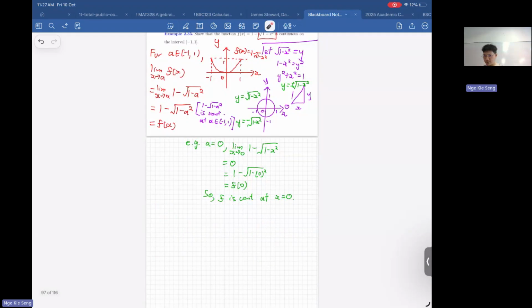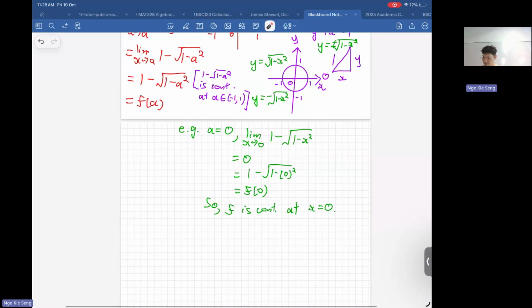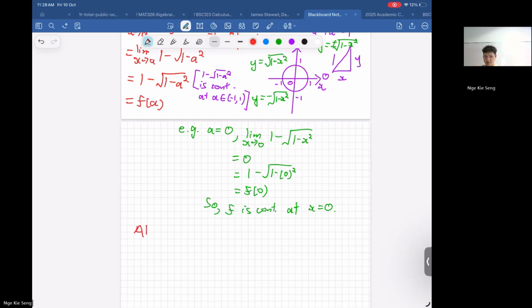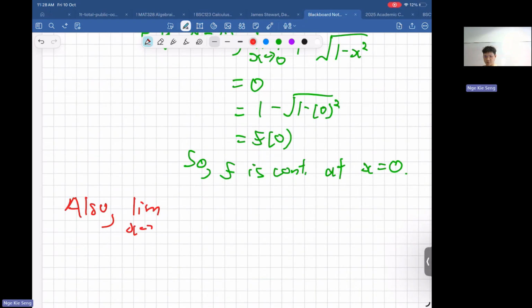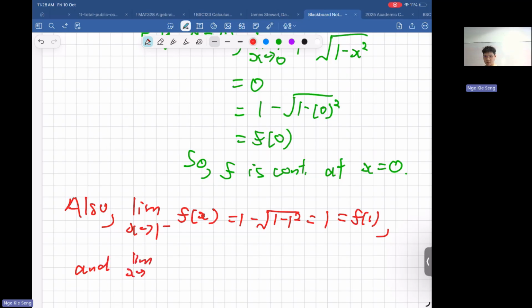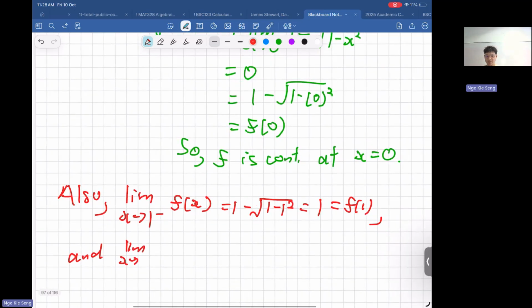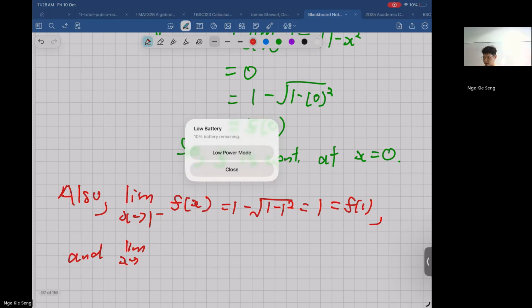So similarly here, you should check what is the limit as x goes to, for example, 1 minus, from the left to the right endpoint. But this is easily computed as 1, which is f(1) as well. And if you go from the right,